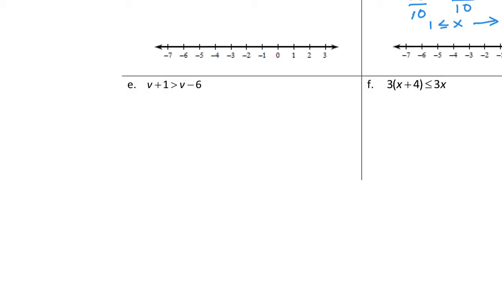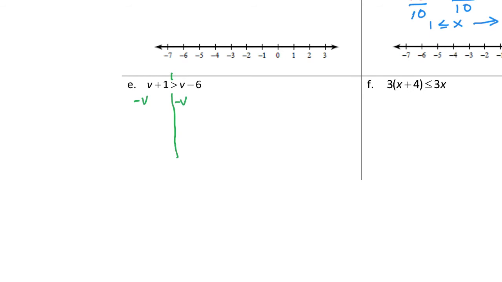On these last two examples, notice this isn't a mistake. There's no number line here, and that's because these last two examples are actually special cases. So let's solve them and see what happens. For the first one, drawing the line down the inequality, the greater than, I can see I've got a v on both sides. So I'm going to subtract the v here. So if I subtract the v,